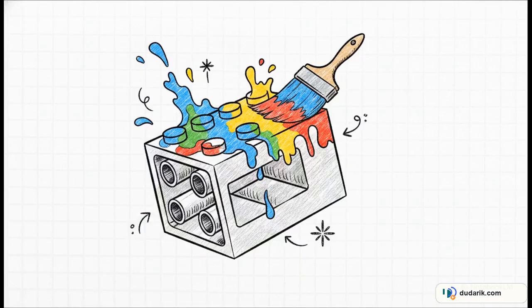But, and this is the absolute genius part, it pairs those strict constraints with free text labels. Think of MMM units exactly like Lego blocks. The bottom of a Lego block has those very specific interlocking plastic tubes and studs, right? Those are the structural constraints that dictate how pieces physically connect. But the outside of the block, you can paint it any color or slap any label on it you want.